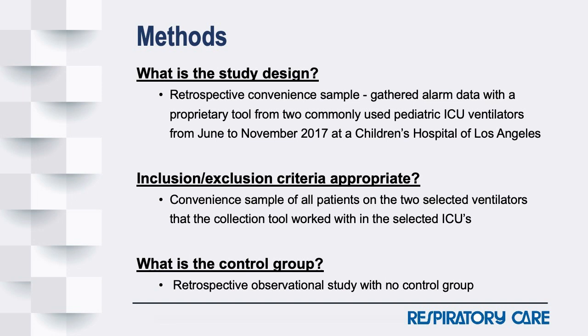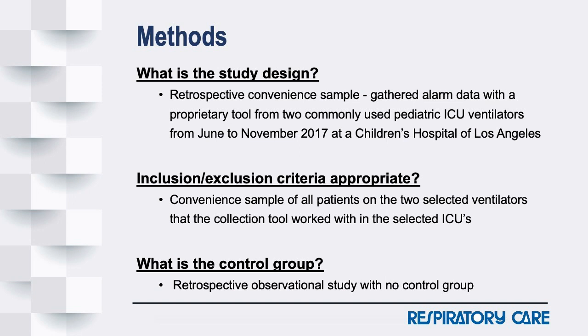Above that would be things like randomized controlled trials, and then many of those types of randomized controlled trials contributing to systematic reviews and other types of evidence-based reviews. So the point being is, since Respiratory Care Journal is publishing a retrospective observational study on this topic, that's really a clue, because they're a very good journal, that there is not a lot of evidence out on this topic yet. So this is a retrospective convenience sample.